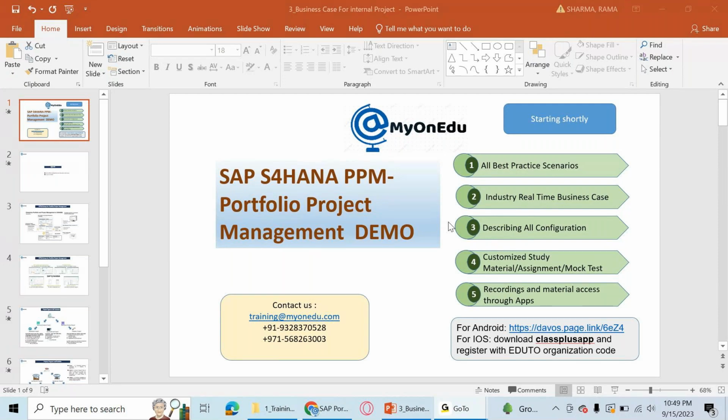Say that as per your contract, when you implement SAP, there is a contract between your company and the customer that we are going to implement PPM and PS, and CPM is excluded. In that case, you first need to approach your internal people and check whether it is there or not. If it is not there, you tell them that this particular requirement is not part of PS or PPM. But if the functionality is there and you just want to know whether we can implement it or not,